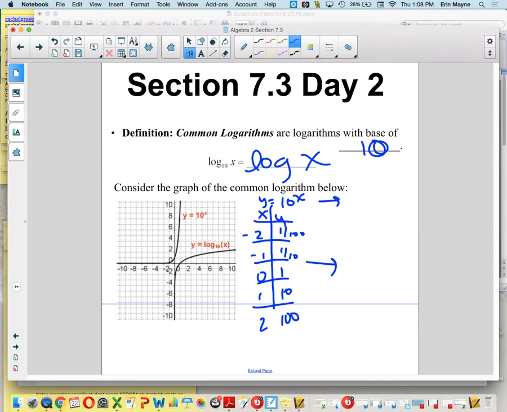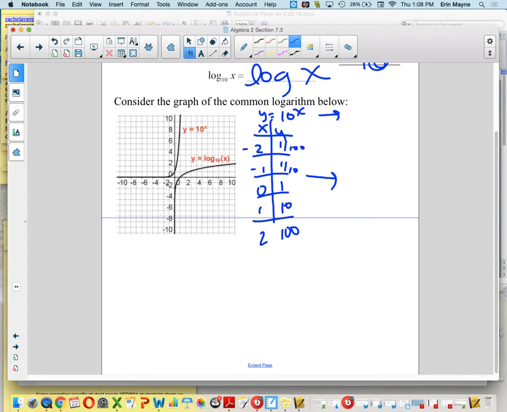And then when we create the inverse, there are several things that you have to keep in mind that we talked about yesterday. The first is simply that creating the inverse tells me I flip my variables, and then I